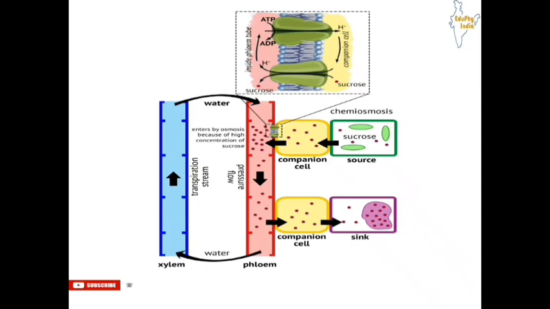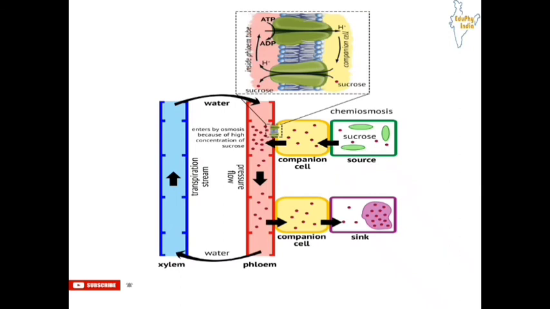As we have seen, there is a requirement of energy in the form of ATP. So translocation in phloem is achieved by utilizing energy in the form of ATP. Here you can see there is a conversion of ATP into ADP, and it releases energy for that. So material like sucrose is transferred into phloem tissue using energy from ATP, and this increases the osmotic pressure of the tissue, causing water to move into the phloem tissue. And this pressure moves the material in the phloem to tissues which have less pressure.